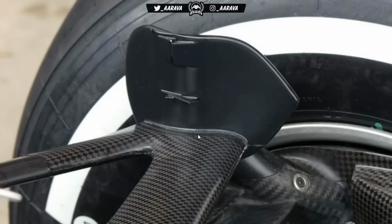So Mercedes copying that structure and just trying to play around with the air just on the inside wall of the front tire, something which I think as part of the rules will be outlawed. I think the rules for 2019 have been written in a way that they're not going to allow any winglets on the brake ducts, but I'm not too sure what that means for these kind of winglets, but I would like to think that's also included. So this kind of stuff actually will be outlawed for 2019, but Mercedes for now, for 2018, definitely taking it